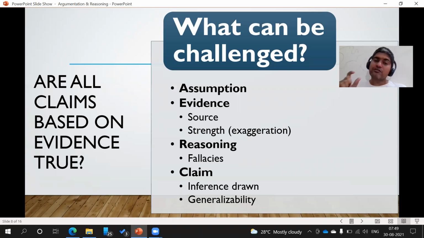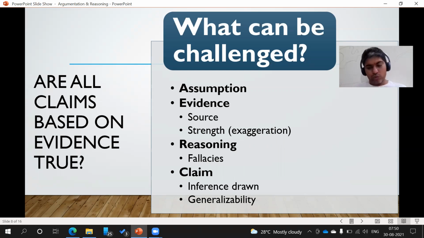Or take generalizability of a claim. A good example would be something that has worked for us in the Doon School, which is a high-end residential school, or something that has worked in an IB school or Dhirubhai Ambani school. Will the same thing work, in terms of learning outcomes, for children in a government school, which has a very different profile of children, a very different profile of teachers that teach there, the resources that are there, and the constraints that these teachers face?